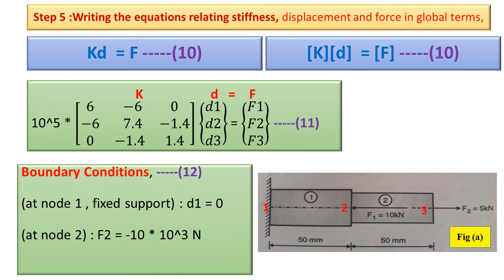Because this load of 10 kilonewton is towards the left hand side, so we consider it as minus. It is in kilonewton, here it is converted into Newton. Similarly at node 3 there is F3 equal to 5 kilonewton, which we consider positive because it is acting towards the right side. Again I repeat, here it is F2 and F3 because we are considering the load present at node 2 and the load present at node 3, so we will not get confused between this F2 and this notation F1. F2 means F1 and F3 means this F2.